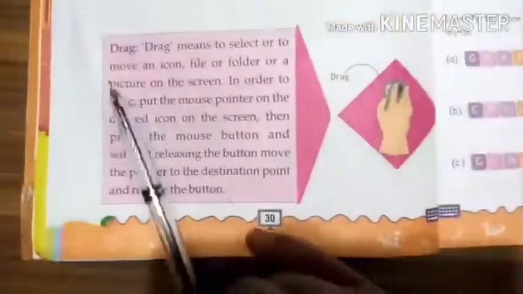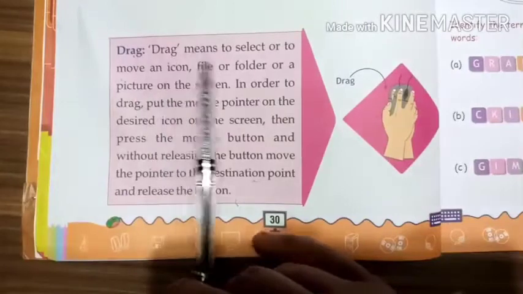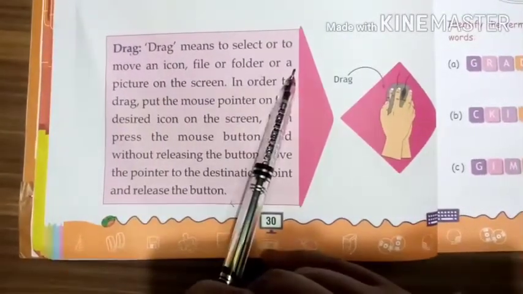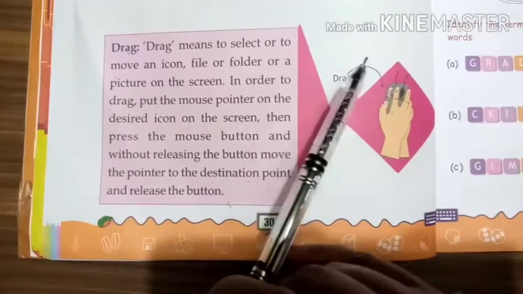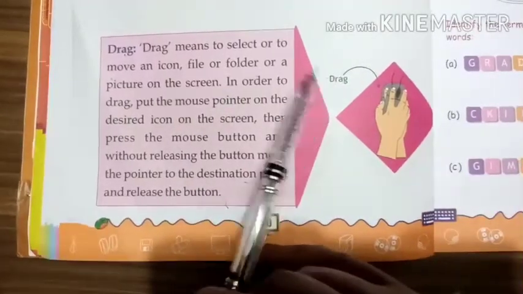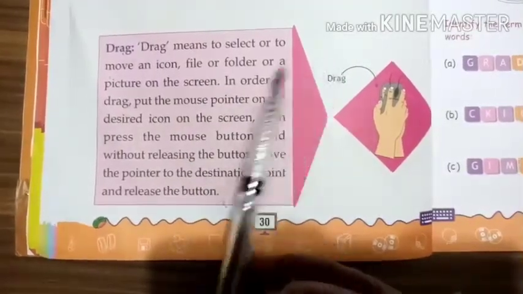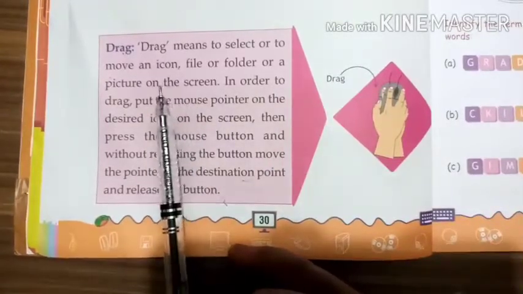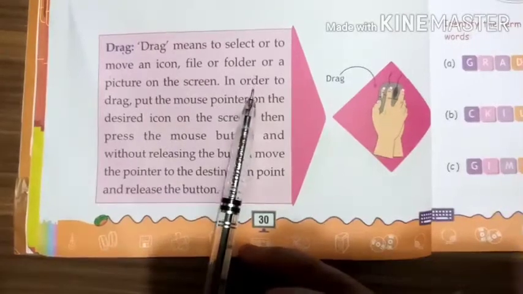The next term we have learned, that is the drag. Drag means if you want to move any icon or any picture, any file or folder on the screen from one place to another place, that is called drag. And how can we drag any icon or folder or file on the screen?